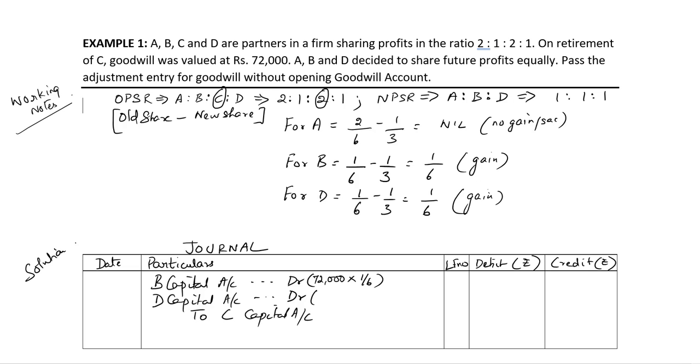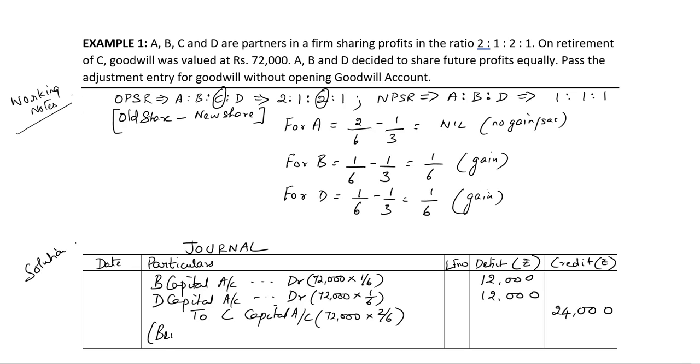So it's 72,000 into 1/6 for partner B, 72,000 into 1/6 for partner D, and 72,000 into 2 divided by 6, which is a sacrifice of partner C, retiring partner C. 12,000, and 12,000, and 24,000 against partner C,